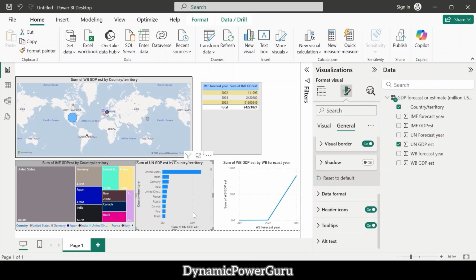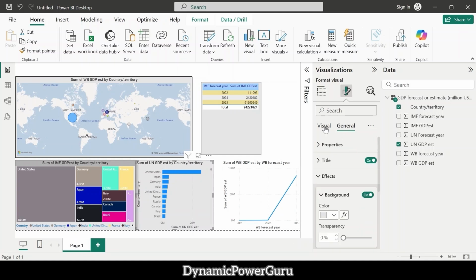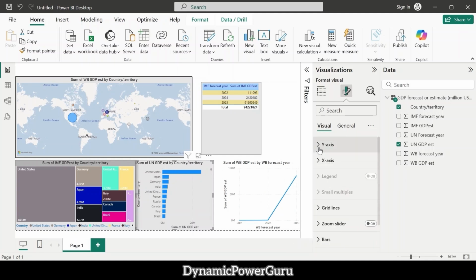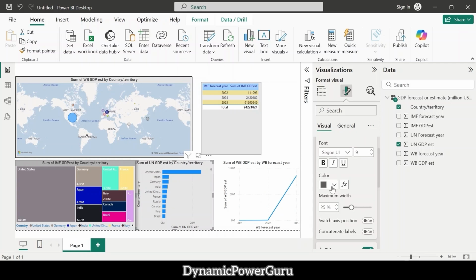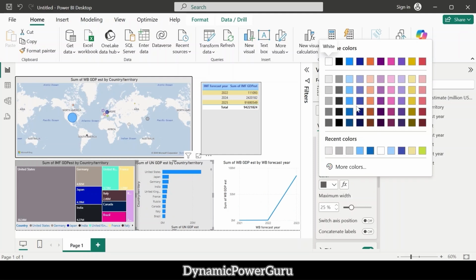Okay, and if you want, you can edit the tooltips. Currently I won't be doing that. Okay, go to the visual, and here let's do the changes for y-axis and x-axis. So for y-axis, you can see, so here you can change the colors of the values in the y-axis. So currently it is something black. Let's change it to blue,